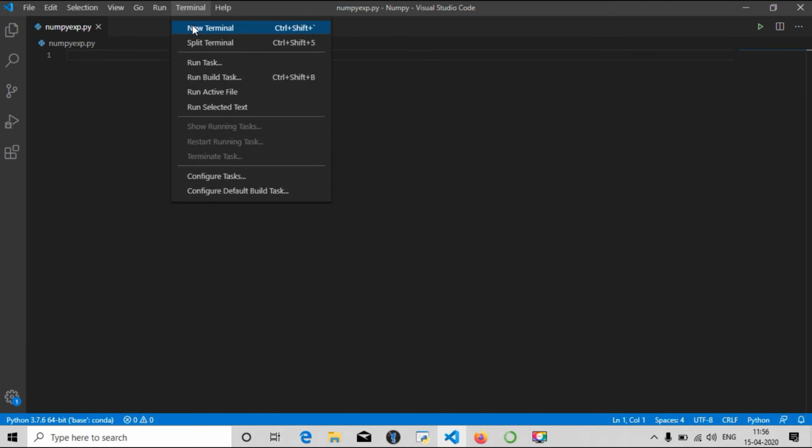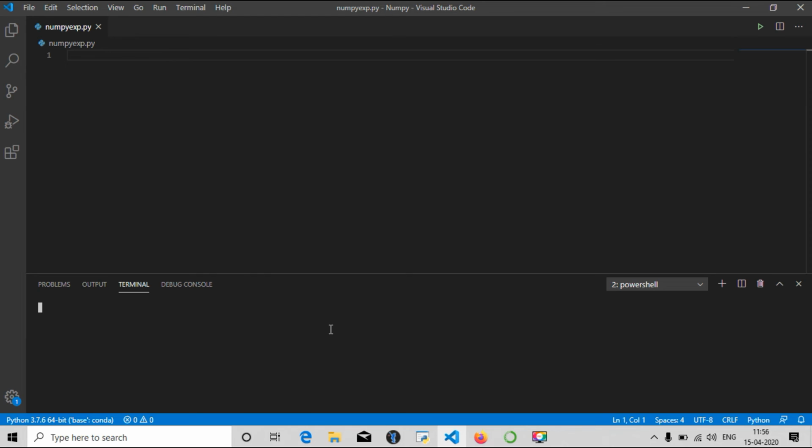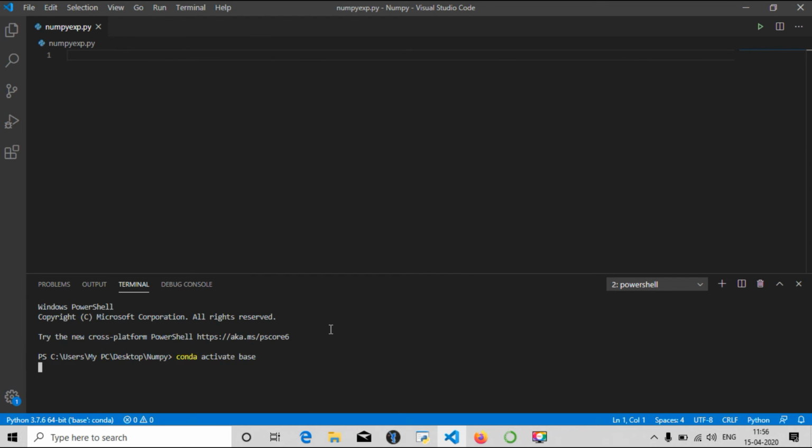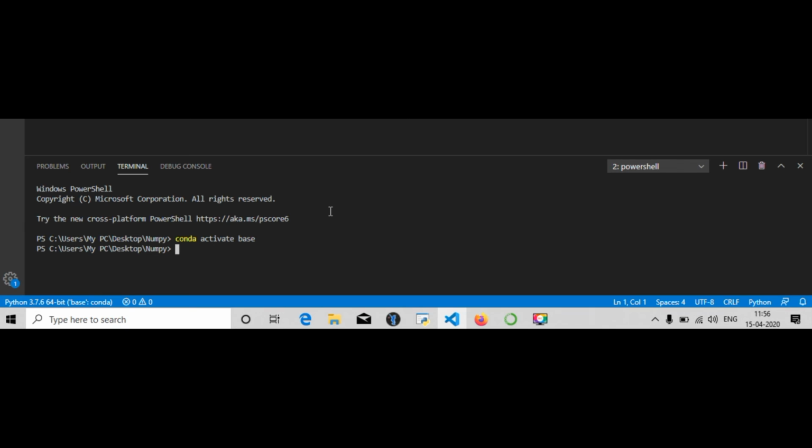Let me show you opening a terminal here. This is what I said. You will not use the Anaconda command prompt for coding. You will use the terminal of your code editor. When I open the terminal, a command ran: conda activate base. This command will only run automatically if you have opened VS Code from Anaconda Navigator. That's what I have done now.